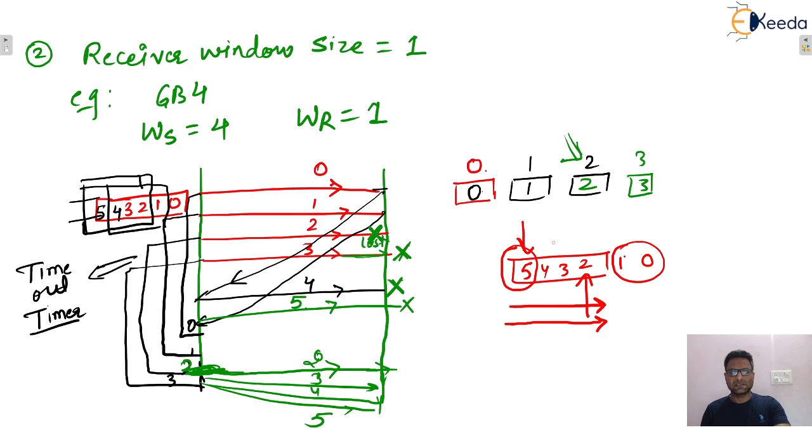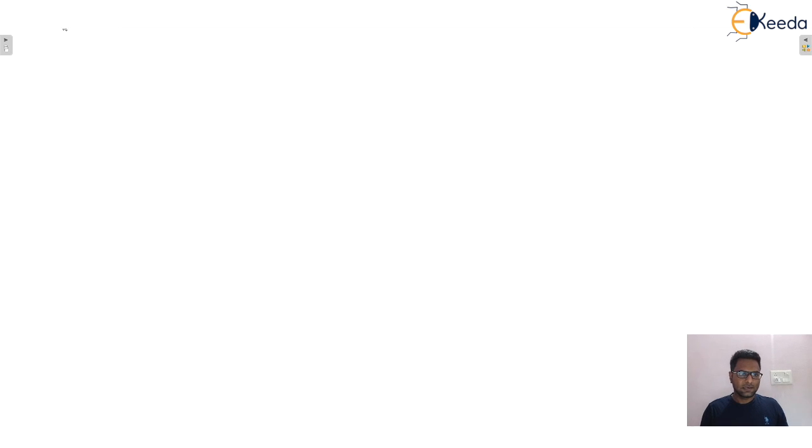If any out of order packet is received at the receiver end, then that will be discarded by the receiver. I hope this concept is clear to everyone, isn't it? So we'll see some examples based on this concept, and this concept is very important. Many times questions have been asked in GATE on this concept. So we'll see some questions based on this. Let's say the first question in GB3,